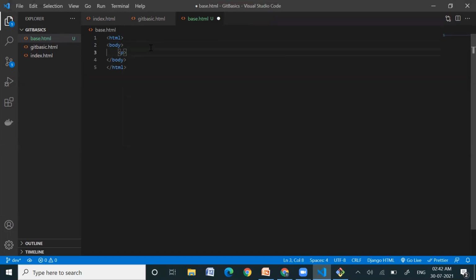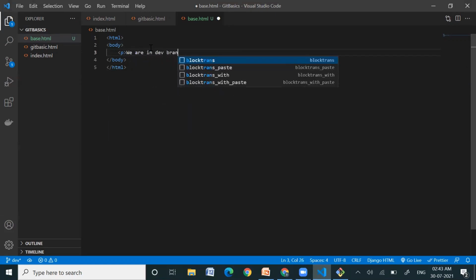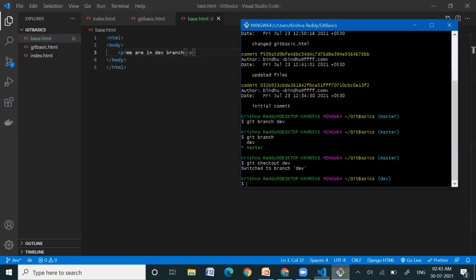We are adding some paragraph tag. We can add anything, I'm just doing this for reference. And we'll save this file, and also we'll commit it.